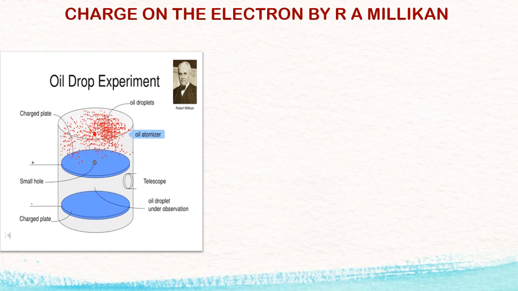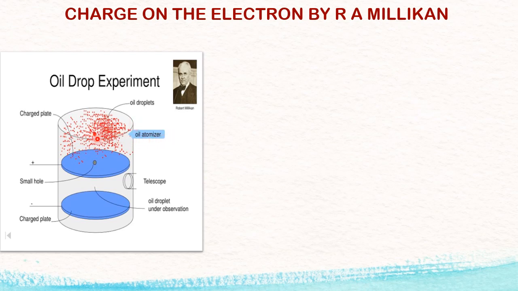Please see. This is called an oil atomizer. Atomizer means what? It is like a normal perfume. When we press the knob, the nozzle of a perfume sprays out in the form of droplets, like that. A very special kind of atomizer was used so that the oil was like a perfume, made into small droplets, and here are the small droplets of the oil from the oil atomizer. This is the first part of the chamber.